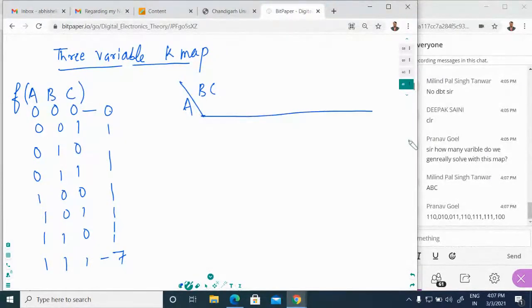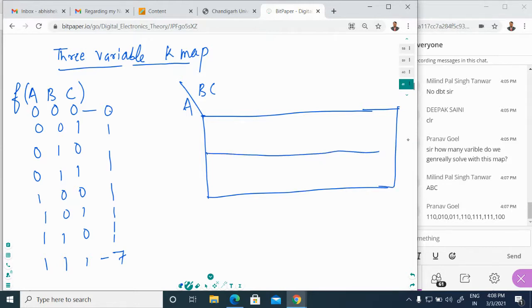Okay, so these three variables can be represented in the K map using A, B and C. We have two variables on the horizontal axis, whereas on the y-axis we have only one variable. So how can you formulate it? These are the possible 8 combinations. So we will put the values 1, then 2, then 3, and 4. We will start making the value M0 right here, then M1, then this is the M2 value, and this is the M3 value. Then M4, M5, then M6, then M7. This is the output.